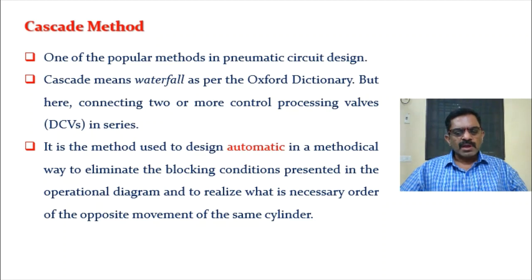Here you can have n number of cylinders, so that is the advantage with this method. You can have A cylinder, B cylinder, C cylinder. You can extend to n number of cylinders. That is the very best advantage of this method. This method is particularly useful when you have more than one cylinder. That is very important. If you have two cylinders or more, it is a very well suited method for your design process.